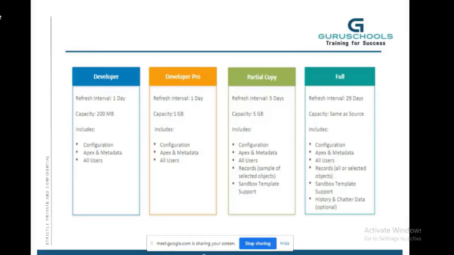So it includes the configuration, records, sample of selected objects, sandbox template support. So it depends upon what your organization is using. I was working for the client, so I was using the full copy sandbox. Talking about the full copy sandbox, it's a replica of your